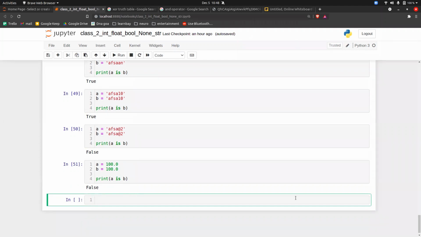The next operator that we have, the ninth one, is nothing but membership operators.